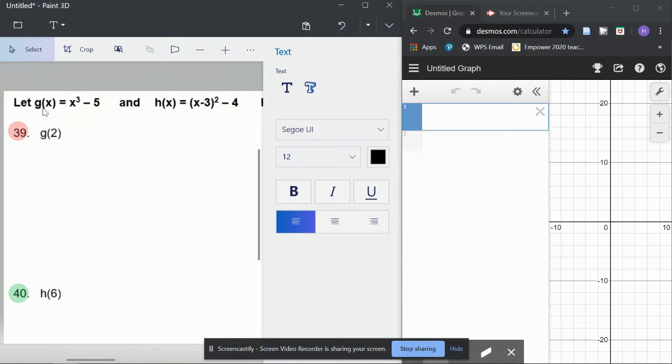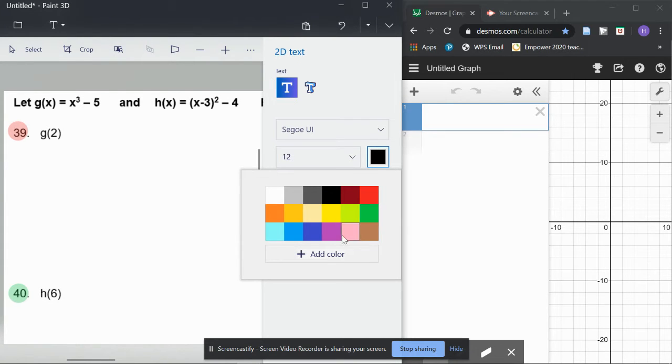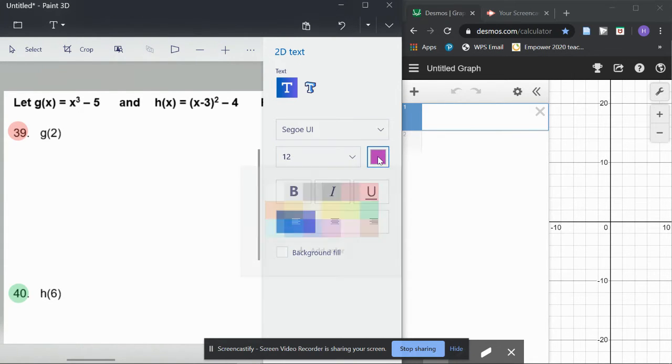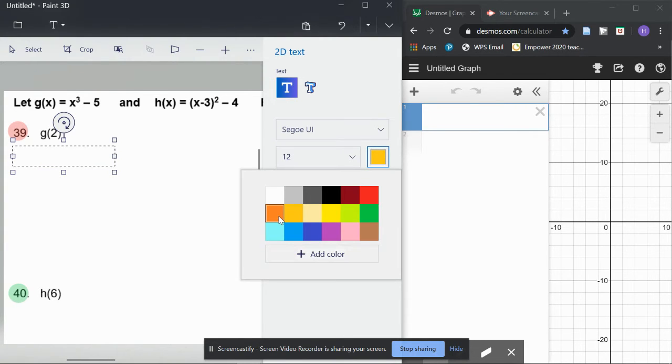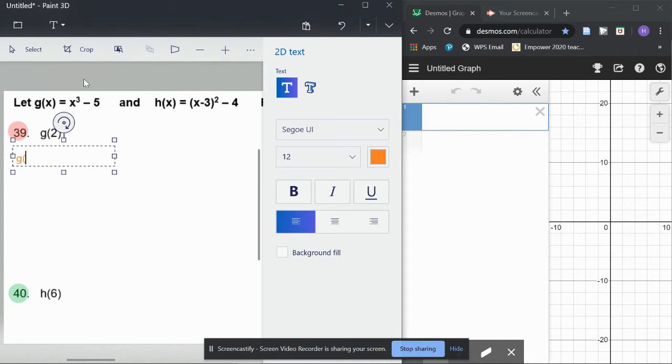So I'm going to use my g function, put a 2 wherever I see an x, and then just evaluate that. So if we start with 39 here, let's use yellow. Start with 39. So again, let's write down our original function. Yellow is really hard to see. Never mind. It's orange. So we're doing g of x equals